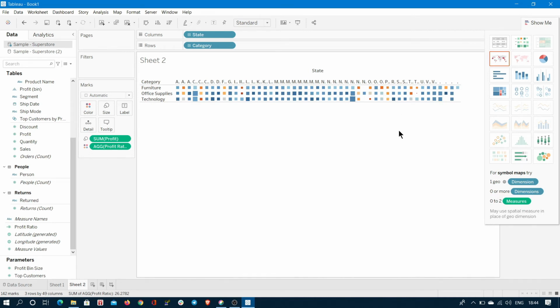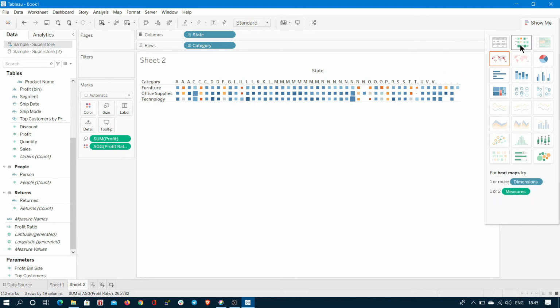So this is the procedure of creating any sort of heat map using the Show Me tab. In the Show Me tab you will see the requirements for all the graphs available in Tableau, so you can select the required graph. Then based on the requirements, you drag and drop the information, click on the specific graph which you want to create, and it will be generated like this.